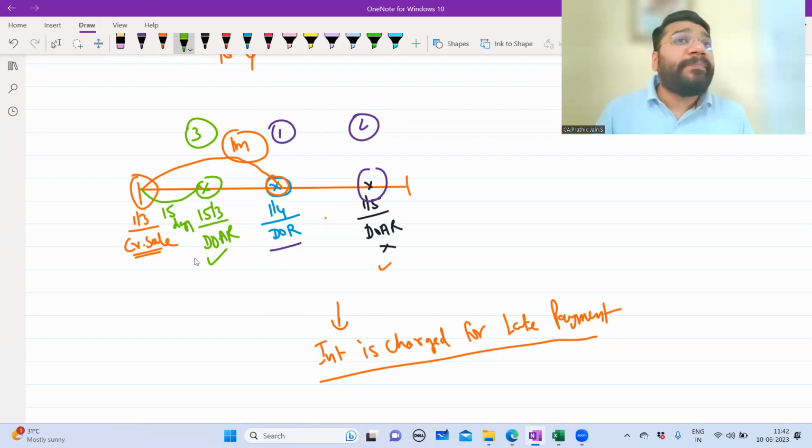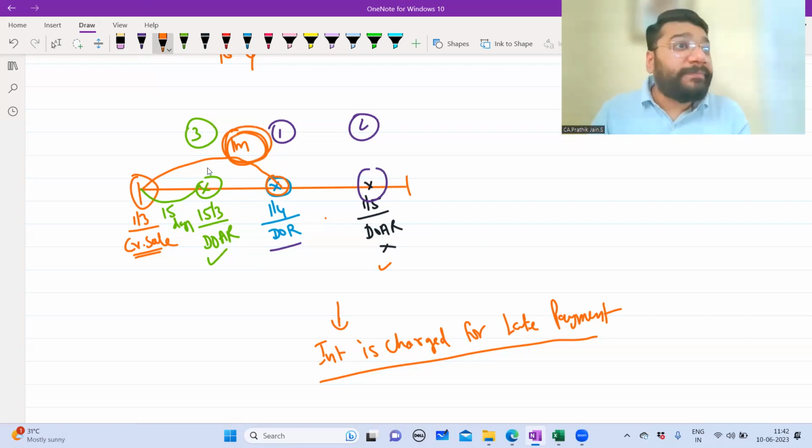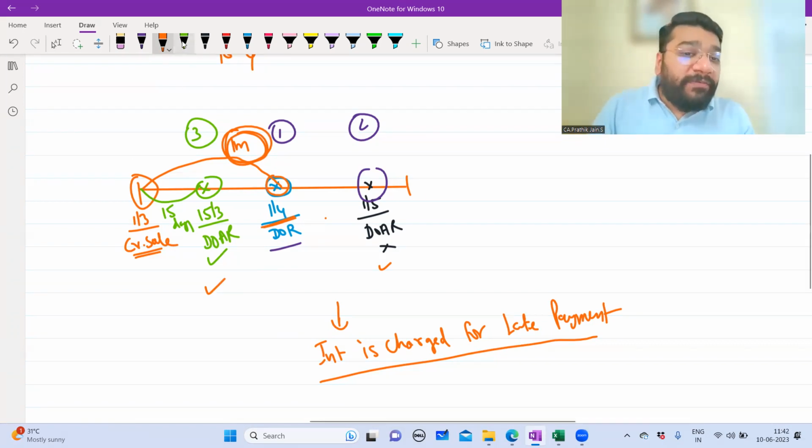X? Why? Because when the original contract was made, X agreed to give a 1 month credit period to Y, which means Y agreed to make the payment only here. Now, due to some reason, Y has arranged the money in advance. But the original contract says what? Pay after 1 month, which means the funds